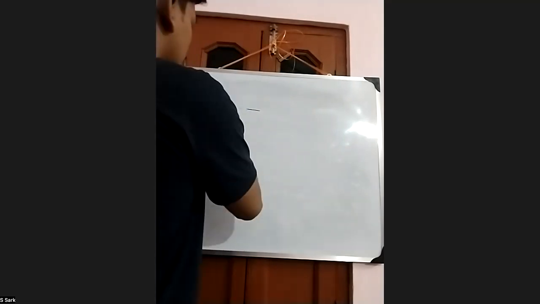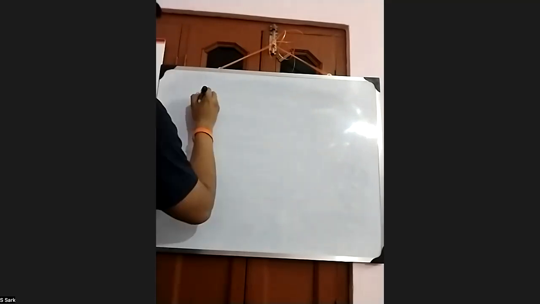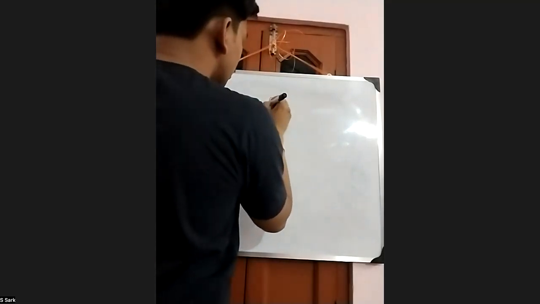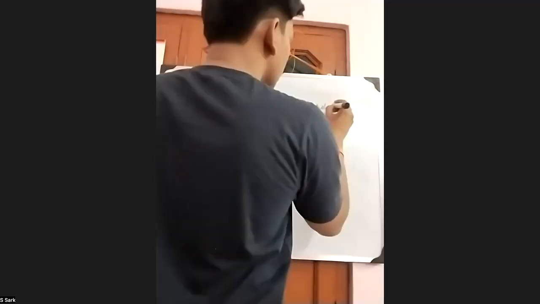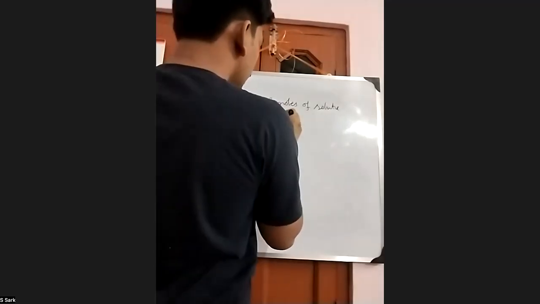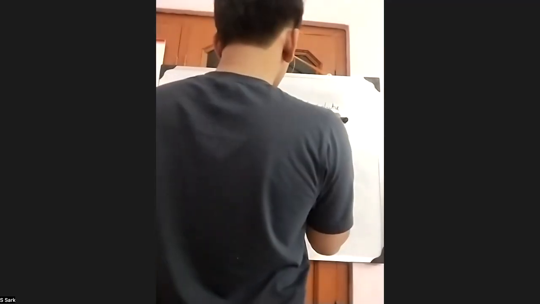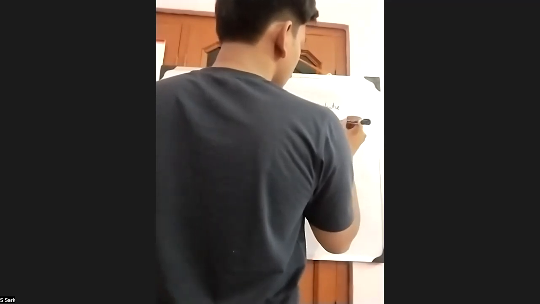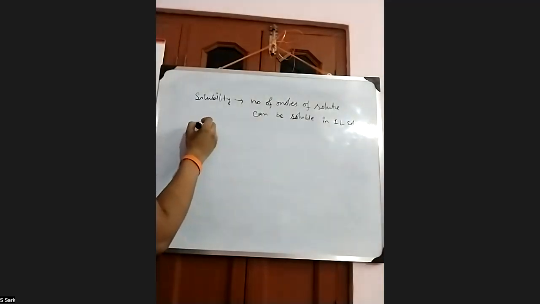So what is solubility? Solubility is the number of moles of solute that can be dissolved in 1 liter of solution. So this is denoted by S,